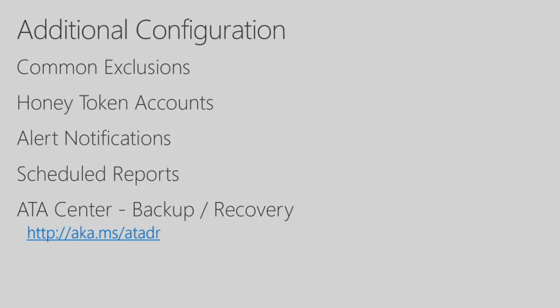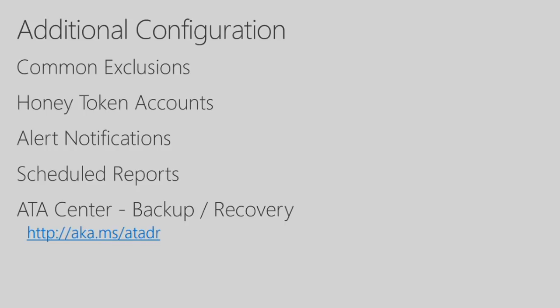All right, so we've deployed everything, we've played with the console, you can use it with PowerShell. There are a few other configuration things you can do. I won't go through these in detail, but you can exclude certain components. So if you have a security scanner in your environment that tends to trigger alerts, you can exclude them, those sorts of things. Honey token accounts, so if you're looking for an attacker to find that really craftily named user account like super user or SQL admin, you have no intention of using it in your environment, you add it as a honey token, and as soon as the attackers do anything with it, even if they log on, it will alert in ATA.